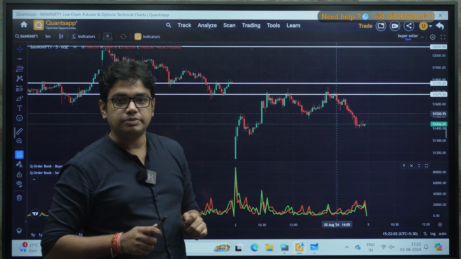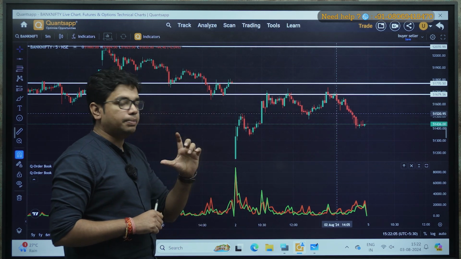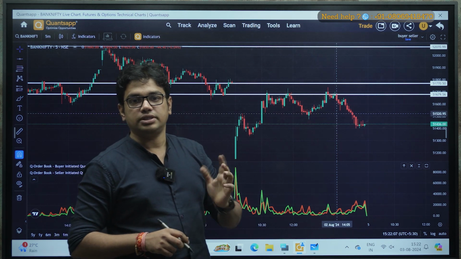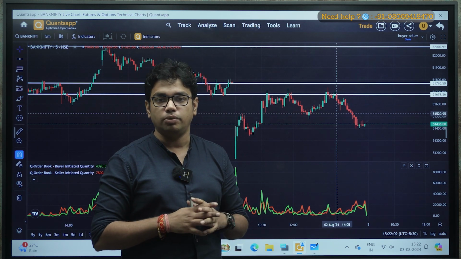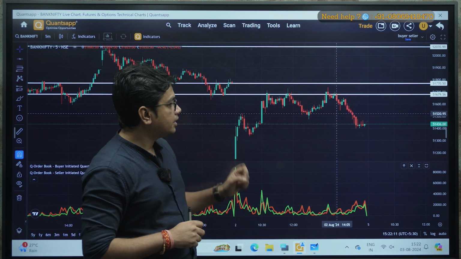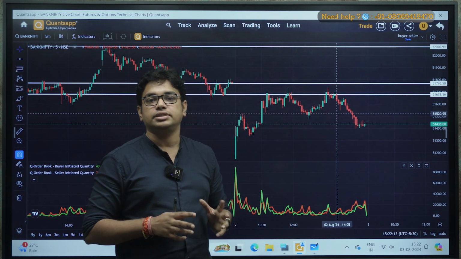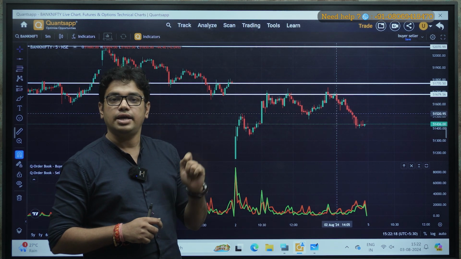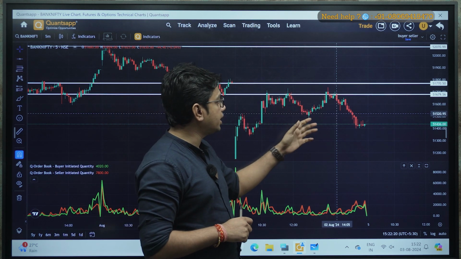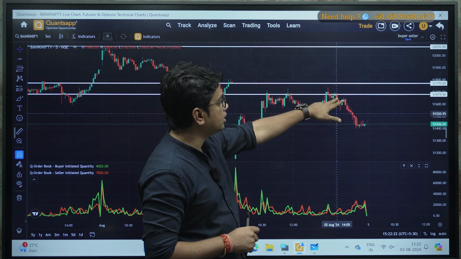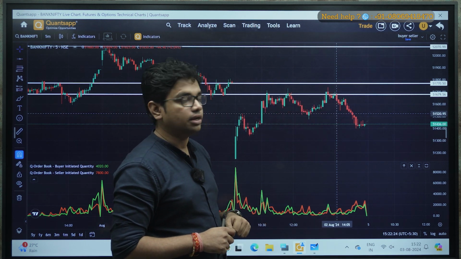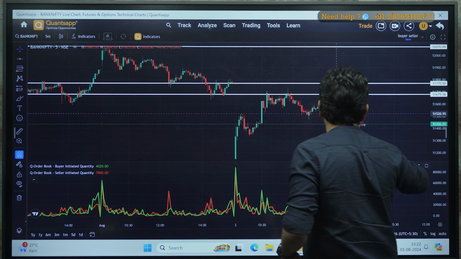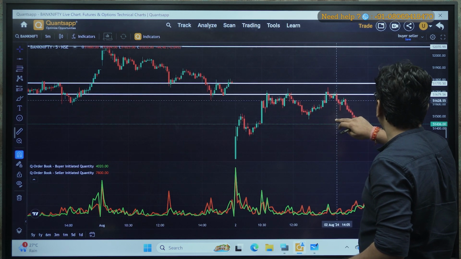As I've explained earlier, at every candle you will see that either the buyers or the sellers are more dominant, but at any point of time we cannot consider it. We have to consider it only at support and resistance at a specific time. So here you can see after the rejection there is one engulfing candle. If I take the trade over here,